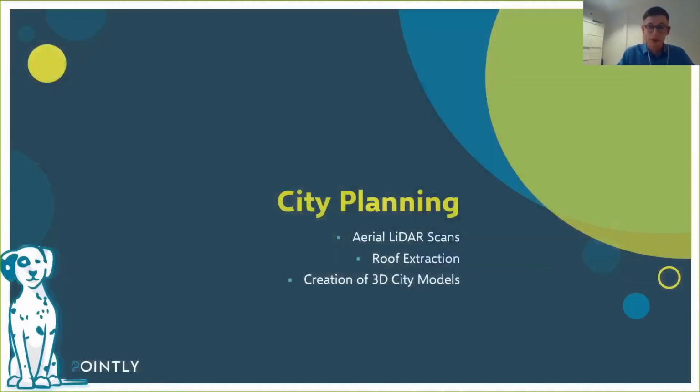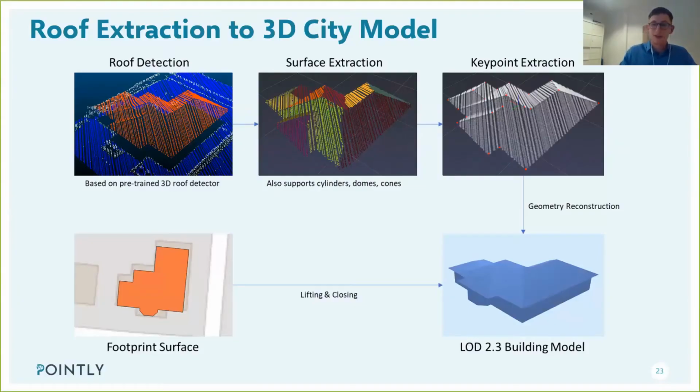And the third use case, I will keep this one short. It's about city planning and deriving 3D city models, like on the bottom right. This was a prototype we built for a public tender for a city. Footprints of buildings were available and 3D point clouds. So the goal was to derive a roof